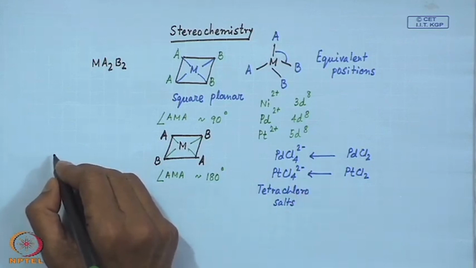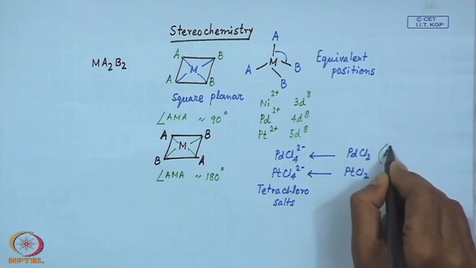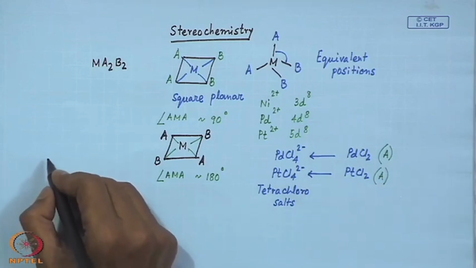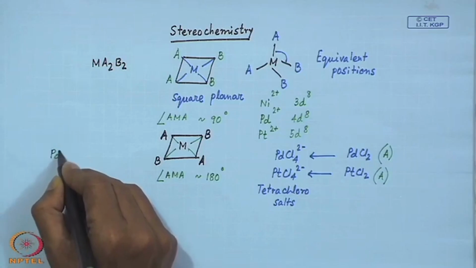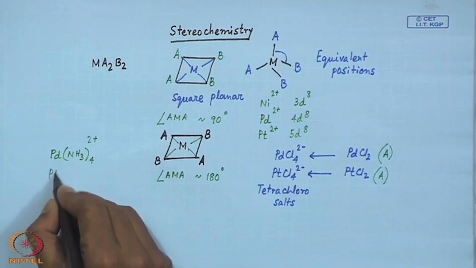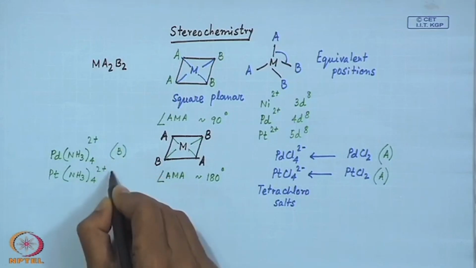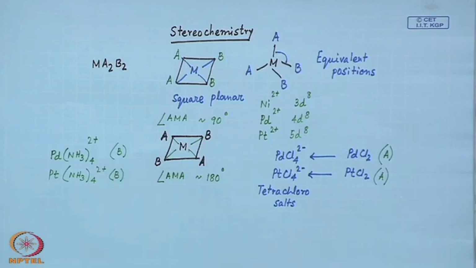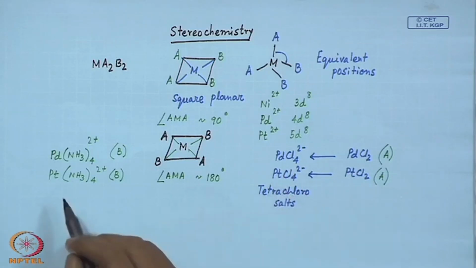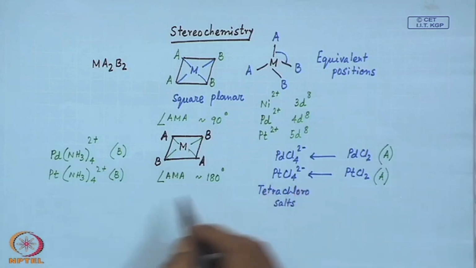So when these salts are there, on the other side we can also think that these can give rise to the corresponding complexes if we change these by, say, another type of ligand, because this is of one type, say A type of ligand, this is also all A. Now if we introduce B as the corresponding ammonia as the ligand, so if we have palladium or platinum, that means we are only having B. So either starting from palladium chloride or platinum chloride to tetrachloroplatinate or palladate, or the corresponding compound with our ammonia molecule, we get the corresponding compound